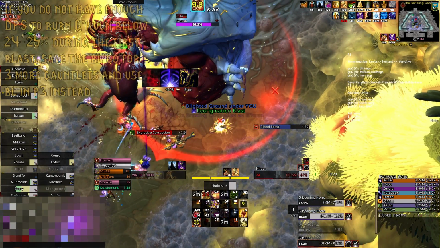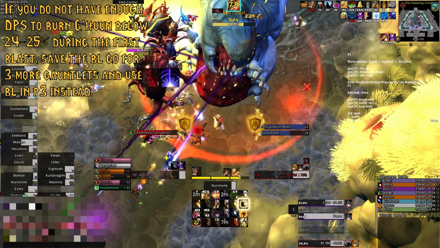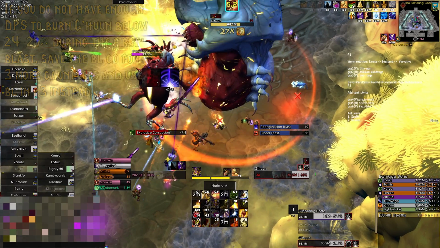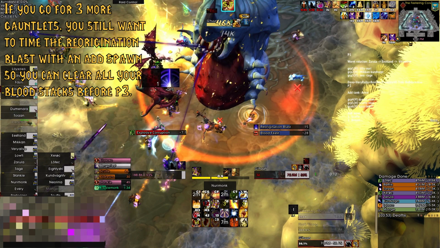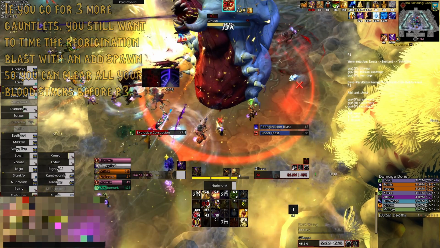If you're unable to get Gahun lower than around 24-25% with Bloodlust here, I recommend you instead save Bloodlust for phase 3 and do one more rotation of Gauntlets. If you go for one more rotation of Gauntlets in phase 2, you still want to time the Origination Blast with a Blood Feast so that you can clear all of your stacks of Putrid Blood